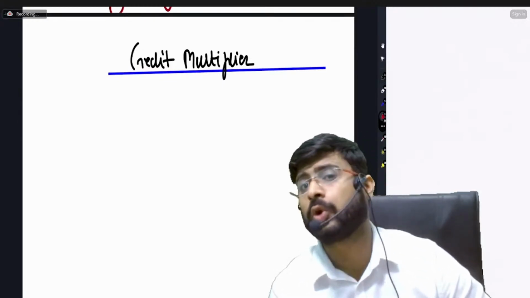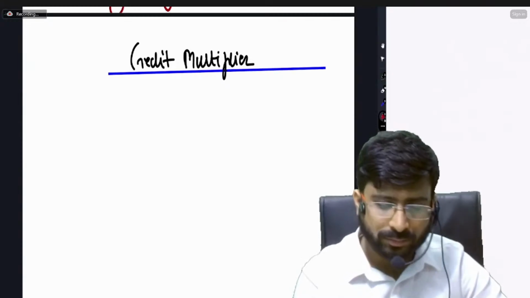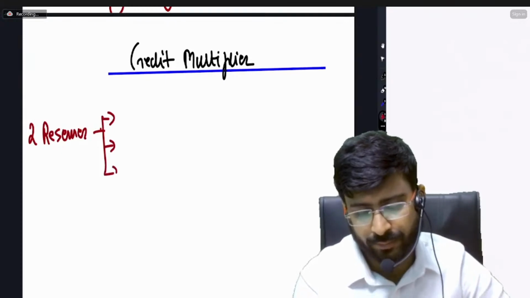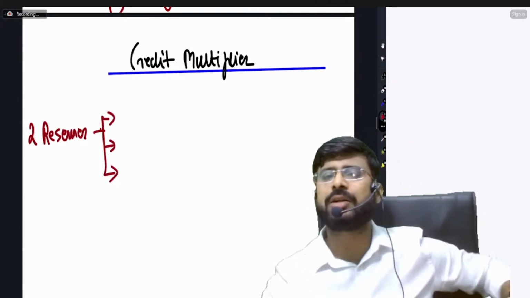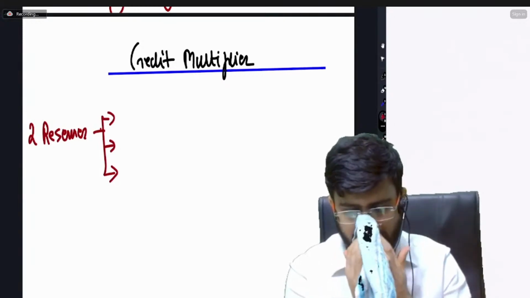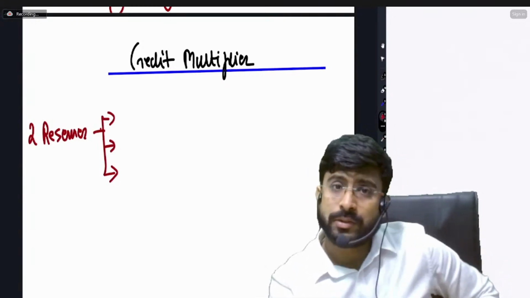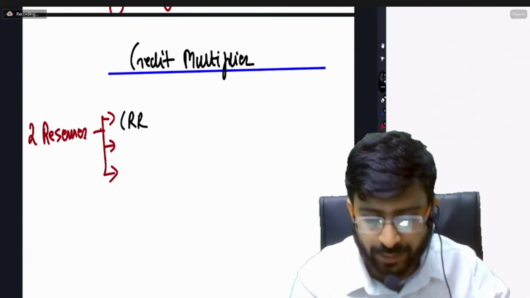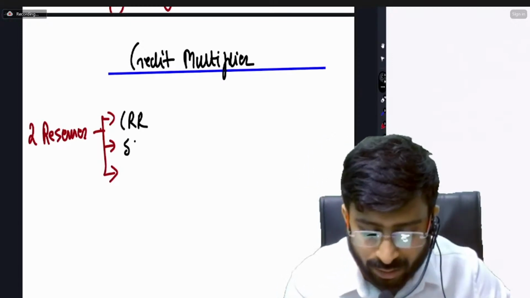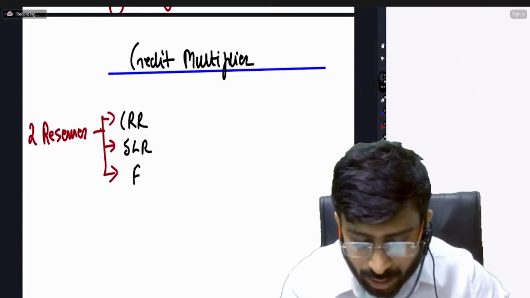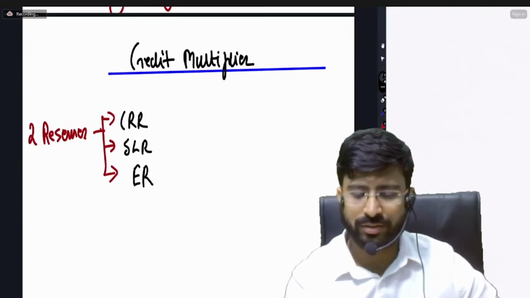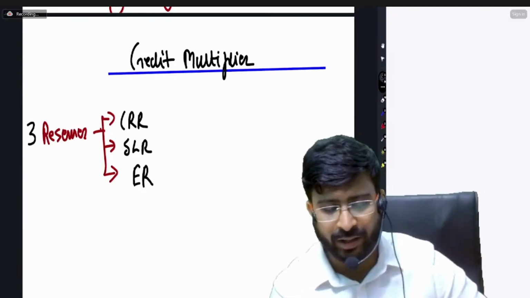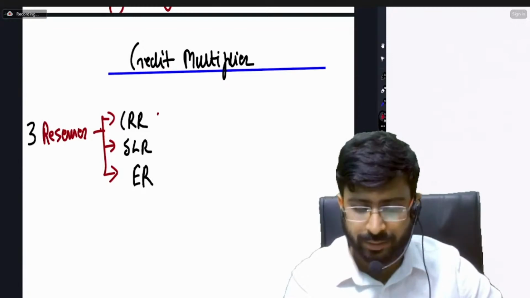Friends, I am telling you two reserves. Remember that. Two reserves. Sir, then why have you written 3? Relax, you will understand. Pay attention. One is CRR. One is SLR. One is ER. Sir, what is this? Sir, you have written 2. Okay, let's write 3. Chalo. 2 are main important, so I had written, but let's write it. Okay. CRR